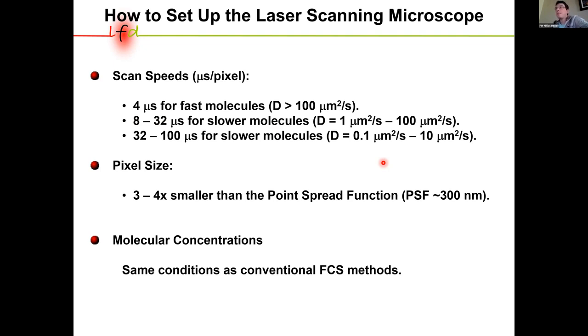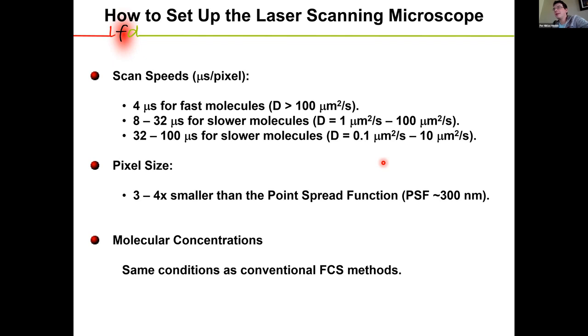Okay, the next parameter you have to consider is the pixel size. So what we need to do is set up the instrument so that the size of an individual pixel is about 3 to 4 or 5 times smaller than the size of the point spread function of your instrument. If you're using a high numerical aperture lens, which you should in this case to get as many photons as you can,